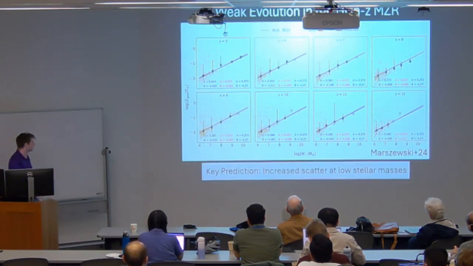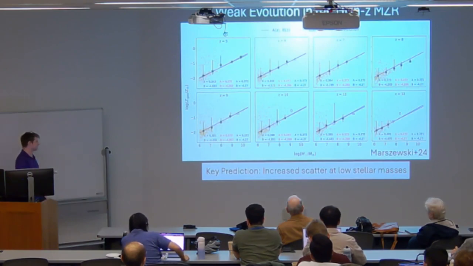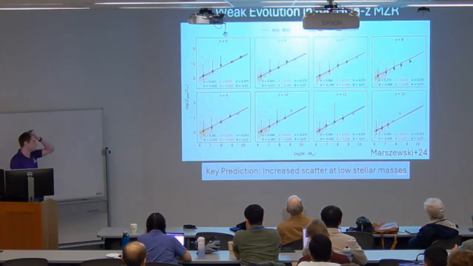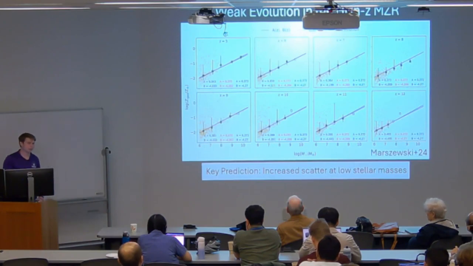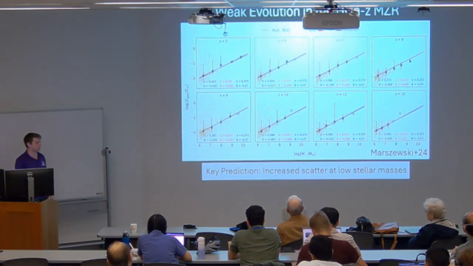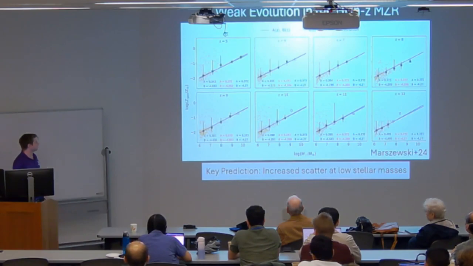But a second key prediction we've also found from this analysis is that we find increased scatter at the low mass end of the MZR. So if you look at our low stellar mass bins across all redshifts, they tend to have much higher scatter in them than the high redshift bins. And this is something we attribute to the high level of burstiness in FIRE galaxies at these high redshifts, and in particular, the susceptibility of these very low mass galaxies to having nearly all of their gas blown out by these intense episodes of feedback following starbursts.